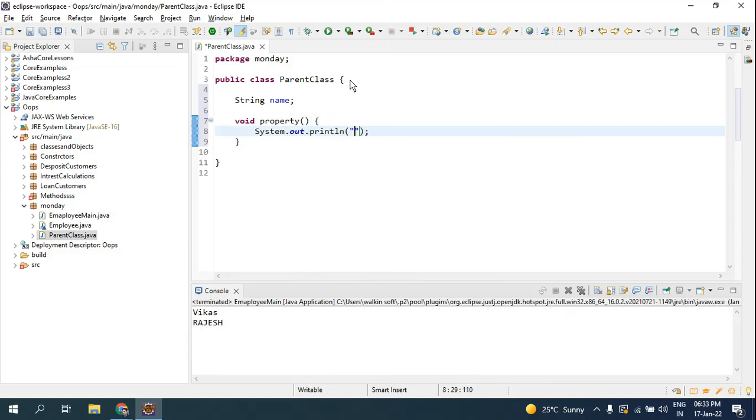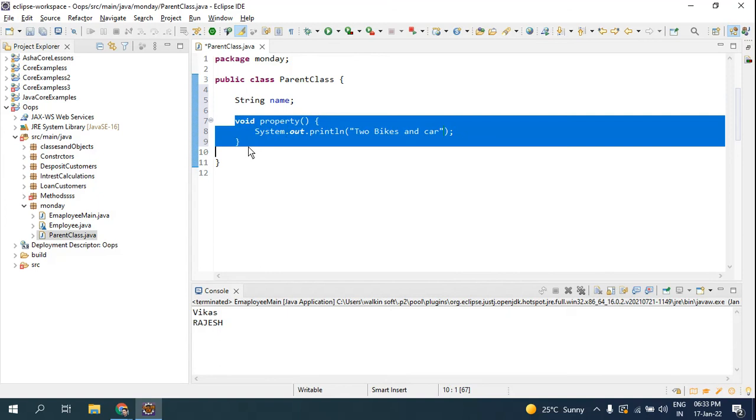What the father has, I'm going to write here: the father has 2 bikes and a car.